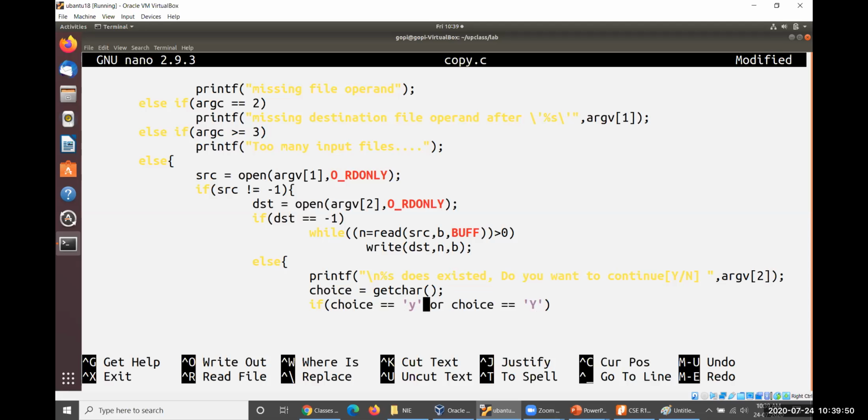You need to perform some kind of operation, something like this. This is not CR, this is CR. Let me open this one very well. Then what shall we have to do?